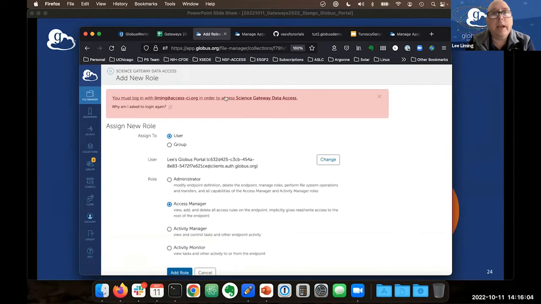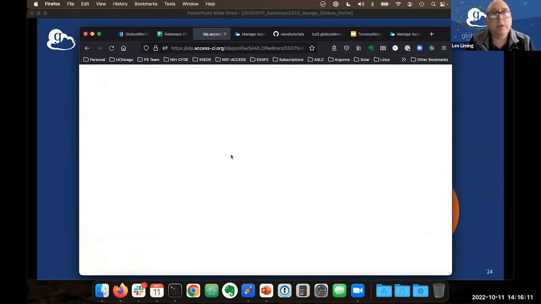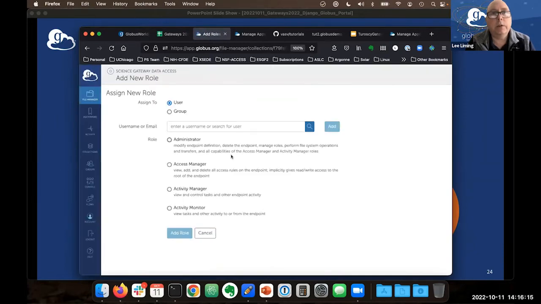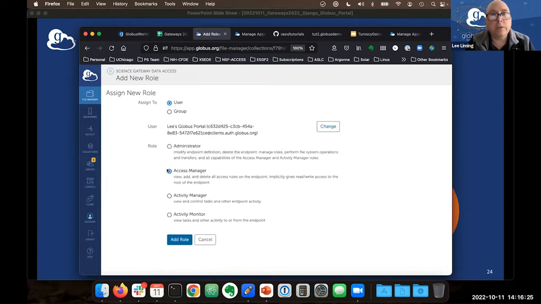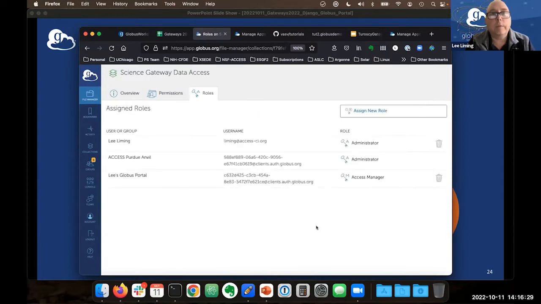Oh, and it wants me to log in again. Okay, well, I'll do that. I'm game. Let's just make sure that it works properly. Yeah, I didn't even think I would need to do that. Okay. Because I already was logged in. Yes, add, access manager, add role. Okay, so now my roles show that Lee's Globus portal now has access manager permissions on that